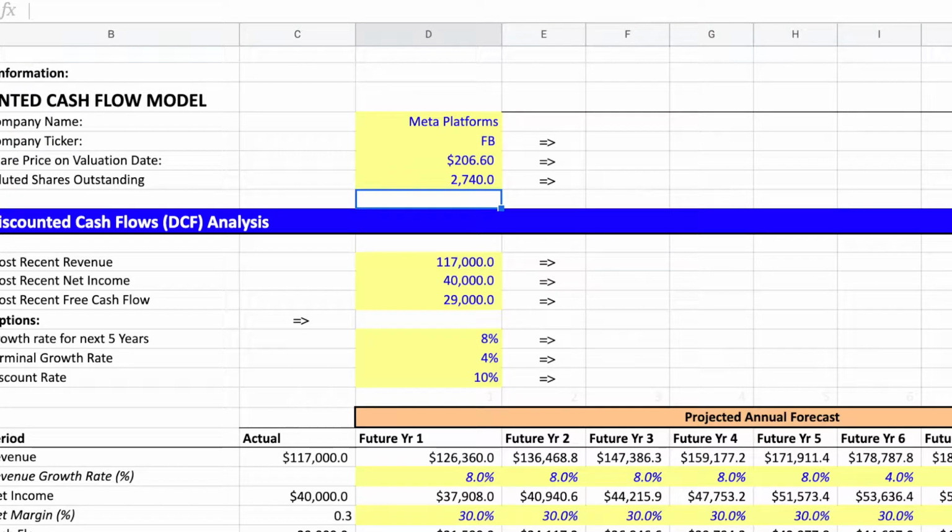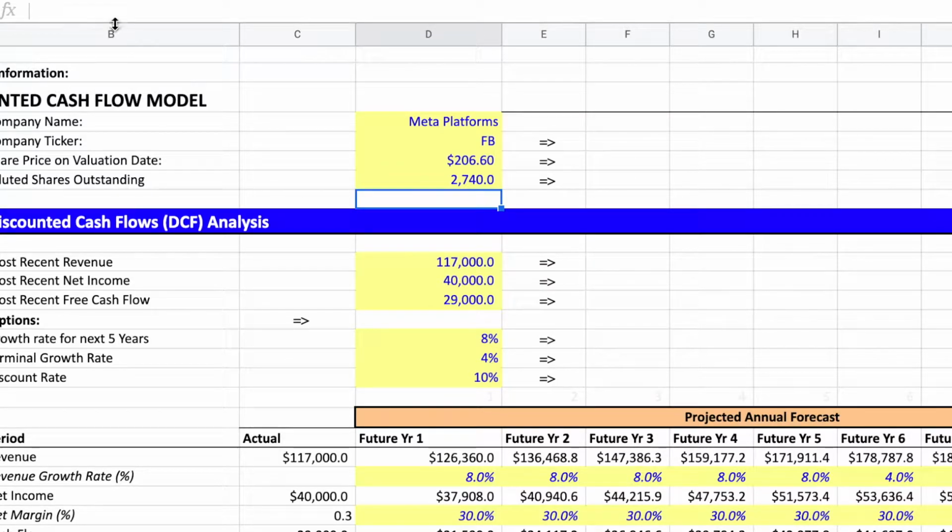In today's video, we're going to be doing a discounted cash flow model on Meta Platforms, also known as Facebook, which has the ticker symbol FB. Now this video is strictly looking at the cash flow model. In my next Facebook video, which should be coming out very soon, I'm going to be looking at the business fundamentals. The reason why I do discounted cash flow models is just so I get an idea of what Facebook should be valued at, and this gives me an idea of whether the stock is undervalued or overvalued and whether I'm getting a good price for it.